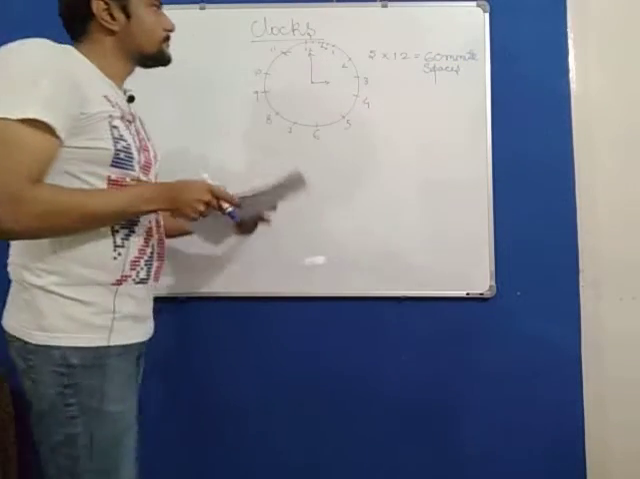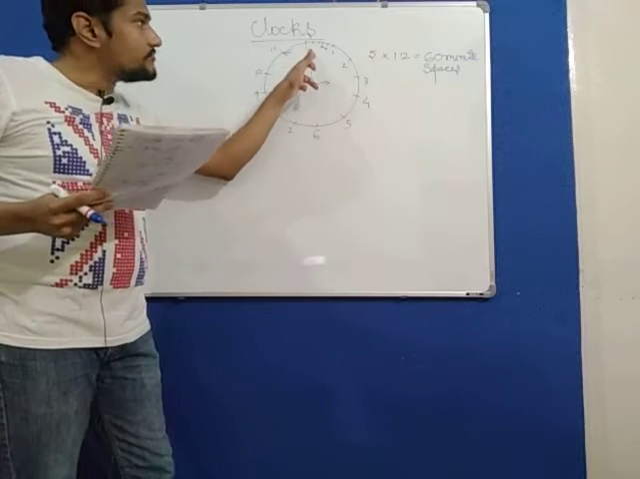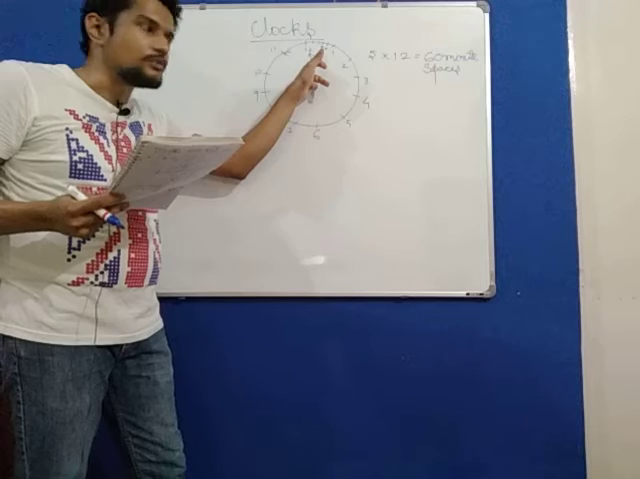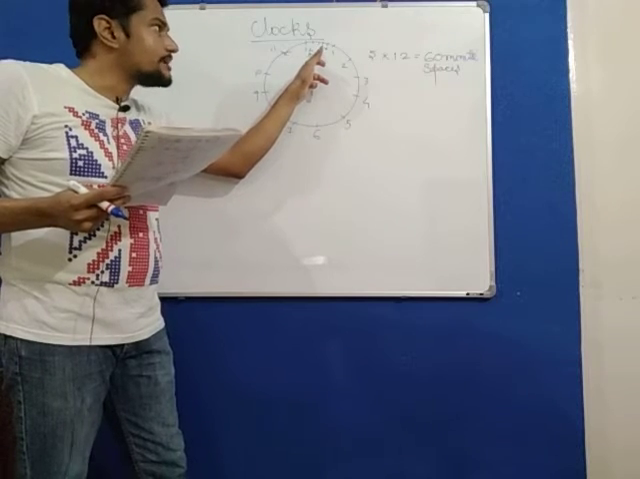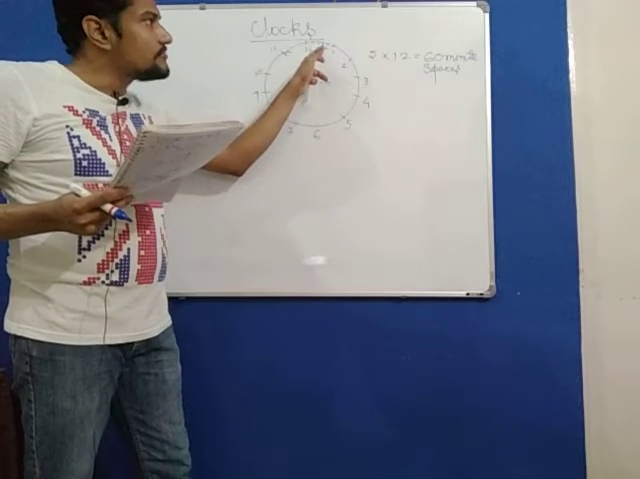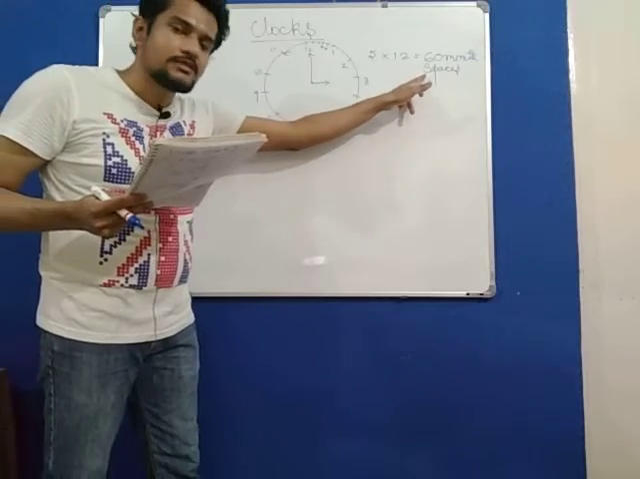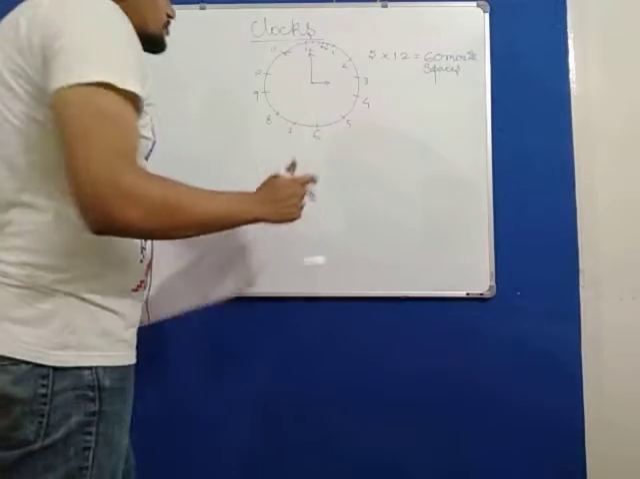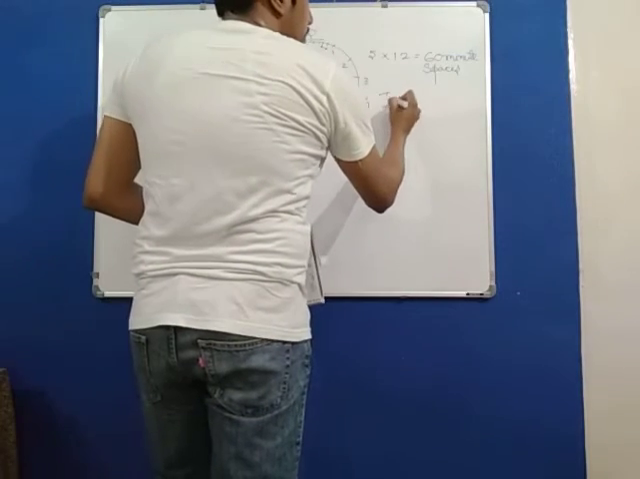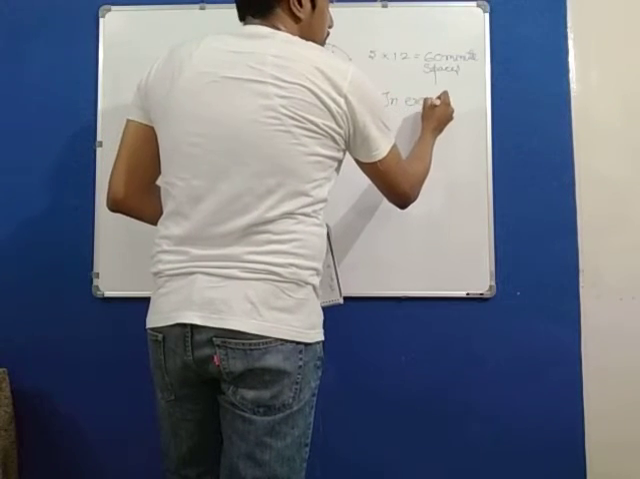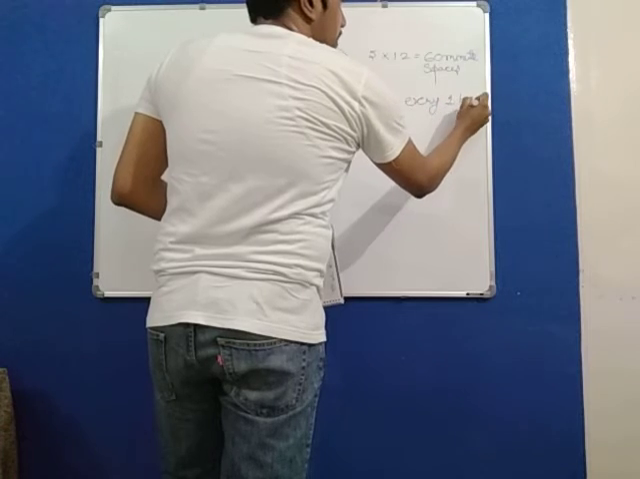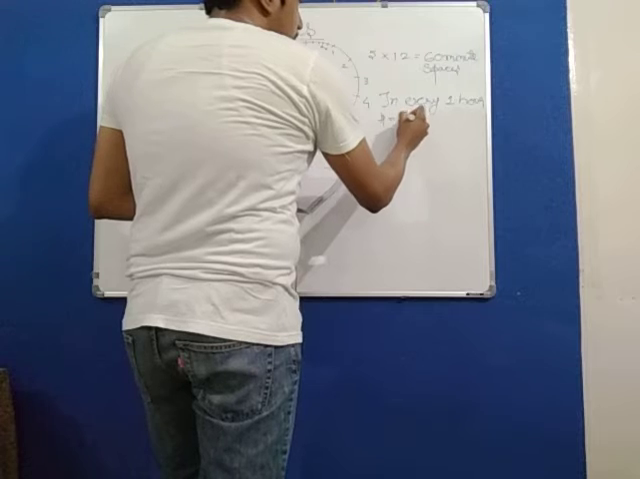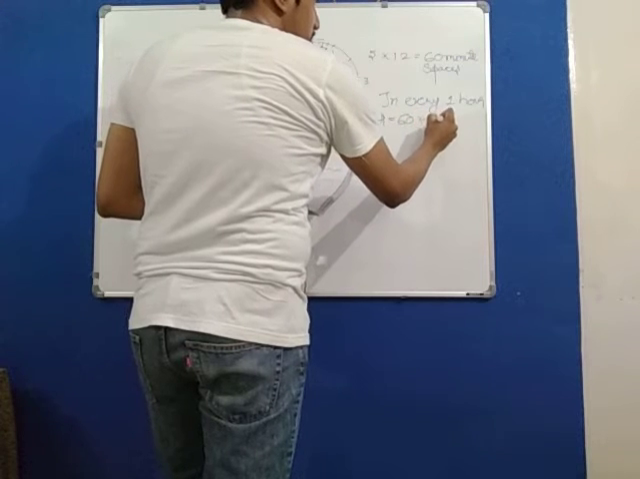So I repeat, in a clock, the distance between every two numbers is divided into 5 sub-intervals, and every sub-interval is termed as a minute space. So 5 into a total of 12, that is 60 minute spaces, are there in one round of the clock. So in every 1 hour, we know that the minute hand will cover 60 minute spaces,